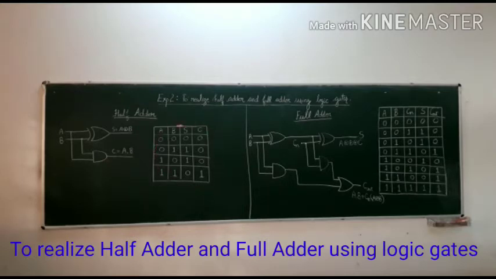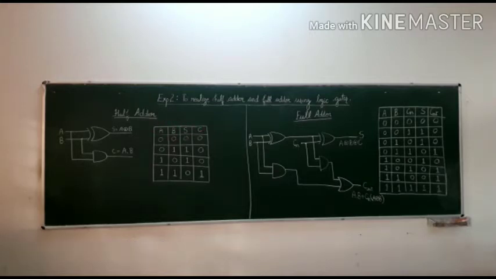And this is the truth table of half adder, in which A and B are the inputs, next is sum and C is carry. For 0 and 0 we will have sum 0 and carry is 0. For A 0 and B 1, sum is 1 and carry is 0. For A is 1 and B is 0, sum is again 1, carry is 0. For 1 and 1 we will have sum 0 whereas carry is equal to 1. So this is the circuit of half adder.